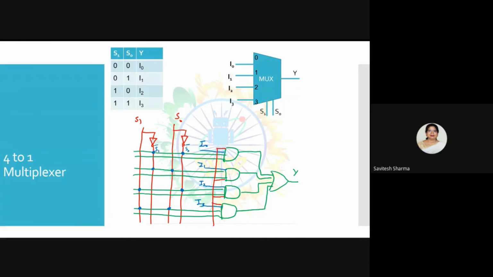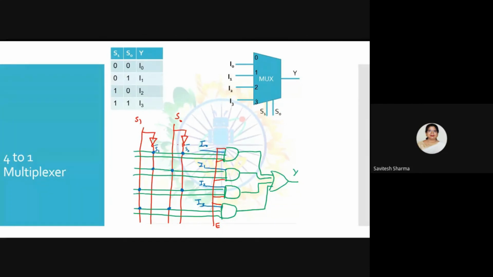If E is 0, the AND gate will not respond. It will give you the 0. If E is 0, whatever I0, I1, I2, I3, S0, S1 are doesn't matter to the AND gates, it will always give you the 0. So Y will be 0. If E is high, then it will see what S0, S1 and I0 are, and then it will decide the output Y based on the input lines and the select lines. So this is the difference in the circuit of a 4:1 multiplexer without enable and with enable.